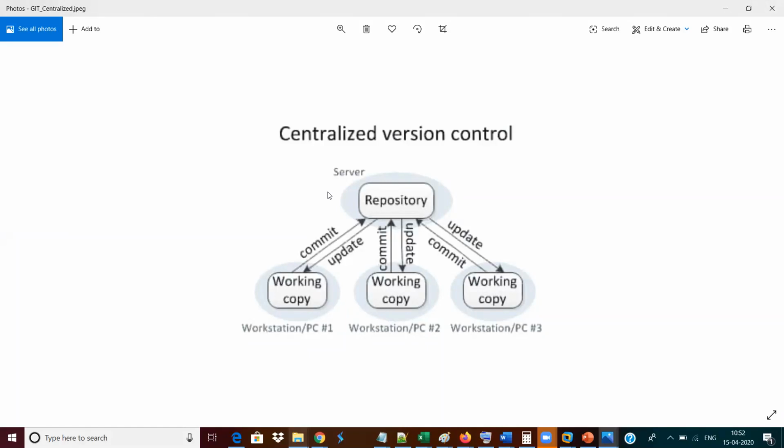For example, in any version controlling system, you will have a working copy and a centralized server. So it works like a master slave model. For example, in real time, you will have a manager in your office. Under that manager, 10 employees will be reporting. All those 10 employees will be allocated a particular task. Once the employees are done with the task or any update related to the task, they will report the same to the manager.